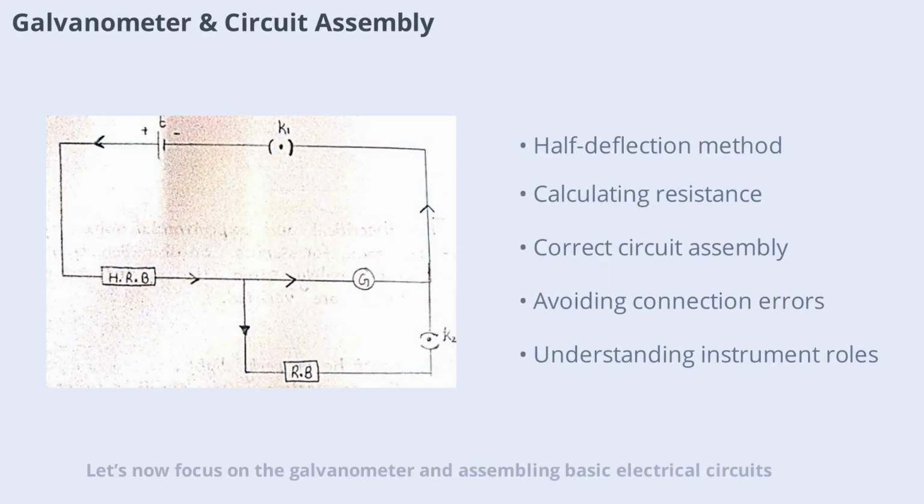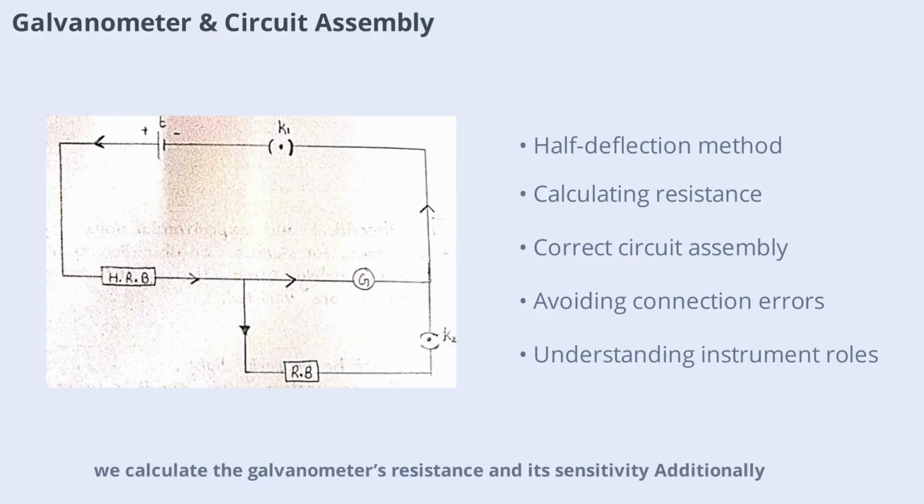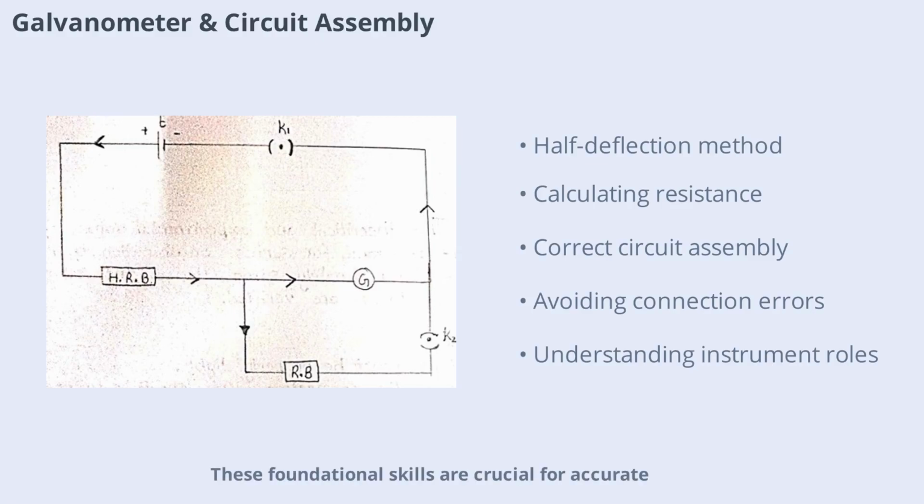Let's now focus on the galvanometer and assembling basic electrical circuits. The half-deflection method is used to determine the resistance and figure of merit of a galvanometer. By adjusting resistances and observing deflections, we calculate the galvanometer's resistance and its sensitivity. Additionally, assembling a simple circuit with a battery, key, ammeter, and voltmeter teaches us the correct way to connect components: ammeter in series, voltmeter in parallel. We also learn to identify and correct common connection errors. These foundational skills are crucial for accurate measurements and safe operation in any physics lab, ensuring reliable results in more